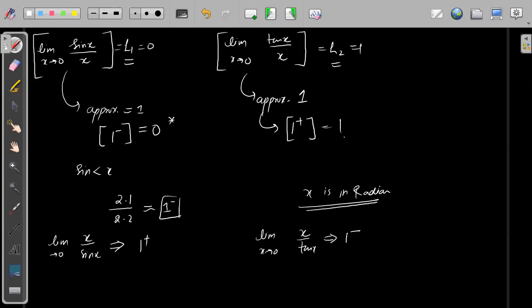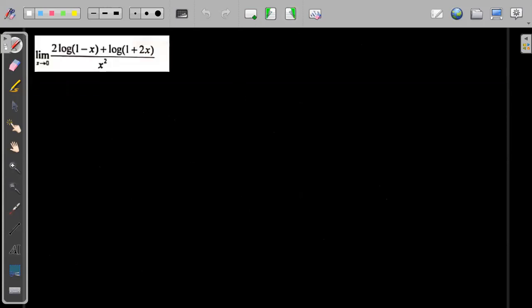That is why we converted to radians, so that we can compare a normal algebraic curve with a trigonometric curve. So whenever you are comparing an algebraic curve, that means a polynomial or any other, with a trigonometric one, you will always have angles in radians. Okay, I hope this point is clear for everyone. Very good. Okay, next one, solve this one.